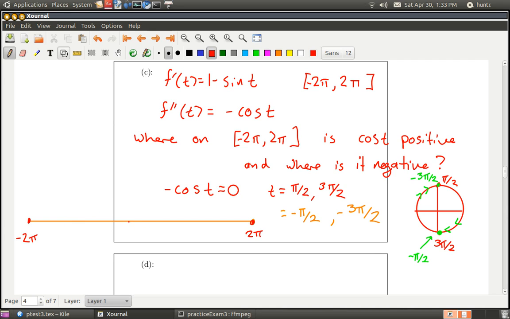Alright, so here's 0, so here let's say is pi over 2, and here is negative pi over 2. Okay, and here is minus 3 pi over 2, and here is positive 3 pi over 2. And what we want to do is we want to know the sign of negative cosine on each of these